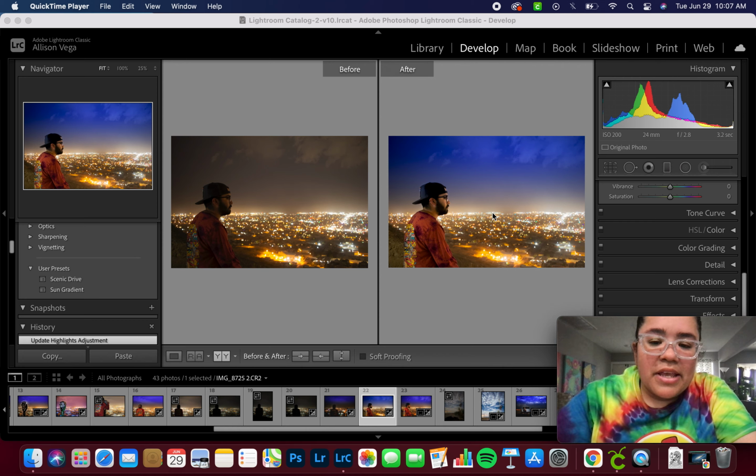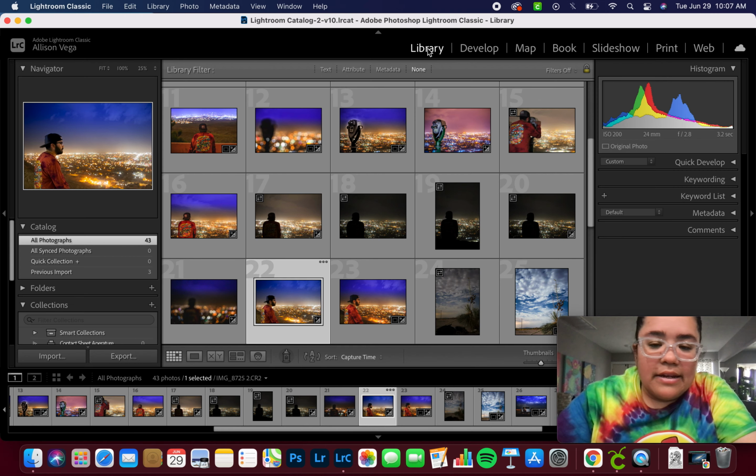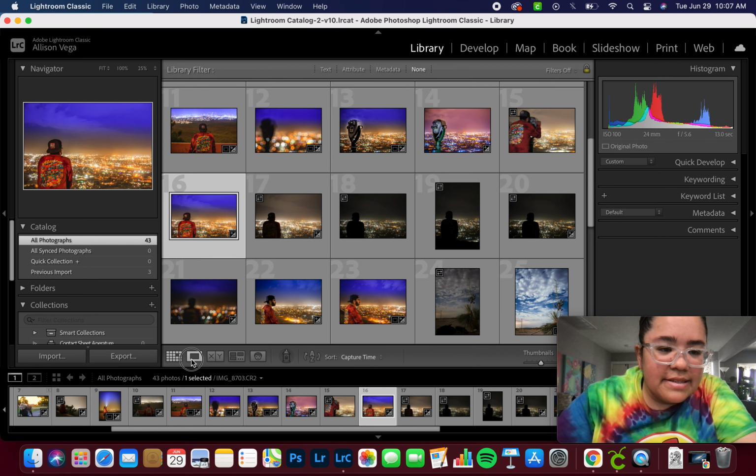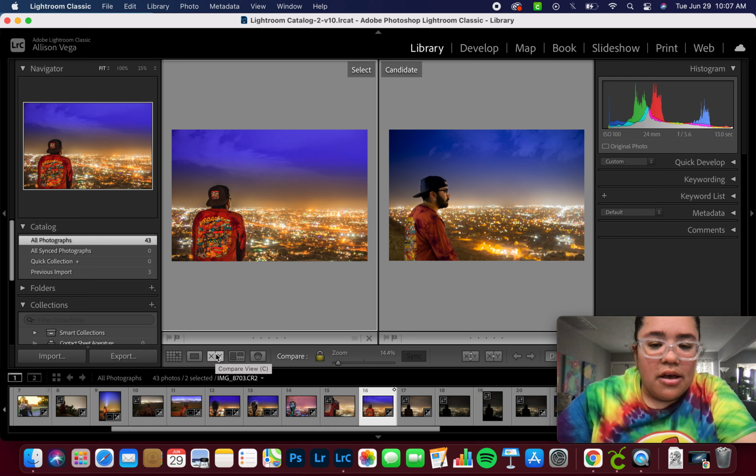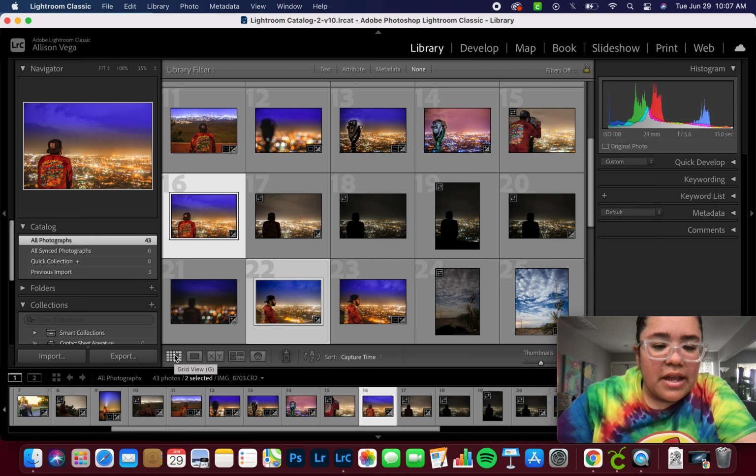So there's my before and after, just to kind of show you a little bit of how I edited some of my images. And a couple of them already have that look to it because I made a little bit of a preset. These ones are a little bit more purple in color, so I'm probably going to edit them just a bit more to have them look a little more blue, similar to the one that I just did. So just so that you guys could kind of see the process of it and what happened when I was doing my editing